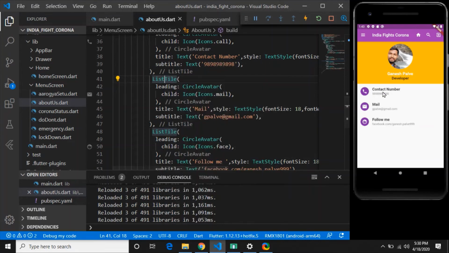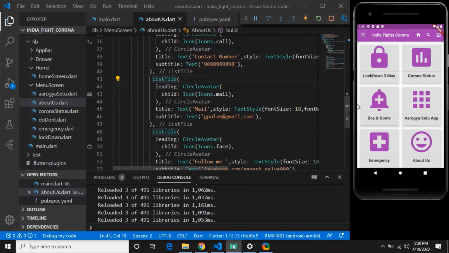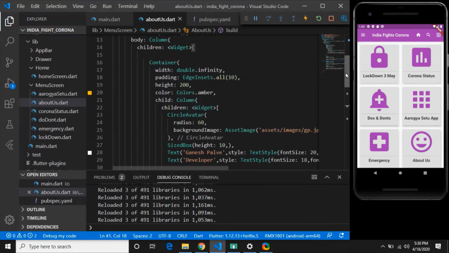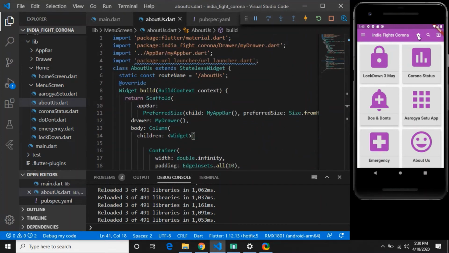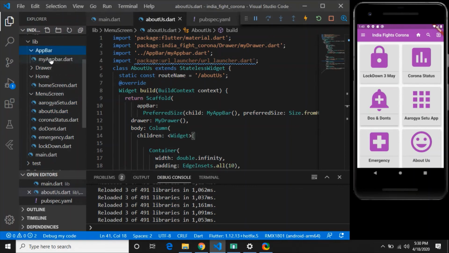This is the about page that we are going to have. So the last step is nothing but I want to add this exit to app functionality, right? So what I will do, I will go to app bar. In my app bar, where the on press function is given, right? In on press,